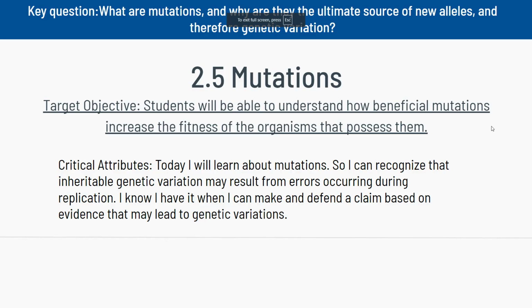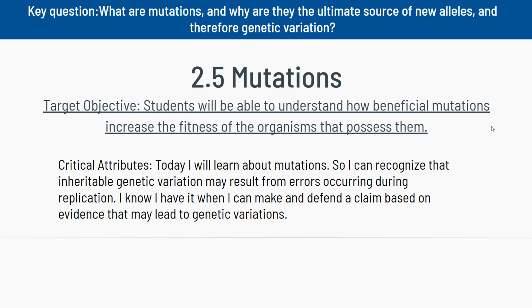So this lesson is on mutations. Your key question: what are mutations and why are they the ultimate source of new alleles and therefore genetic variation? Your target objective: students will be able to understand how beneficial mutations increase the fitness of the organisms that possess them. Critical attributes. Today I will learn as a student about mutations so I can recognize that inheritable genetic variation